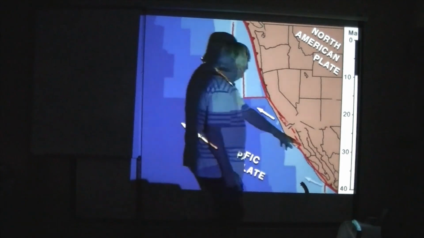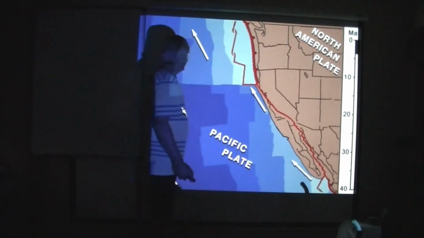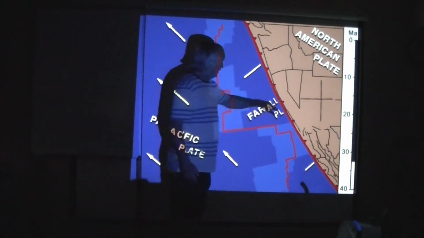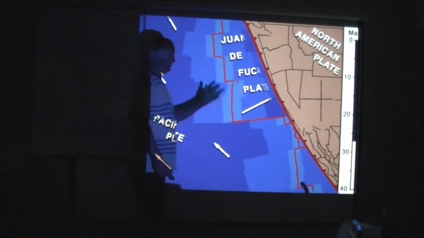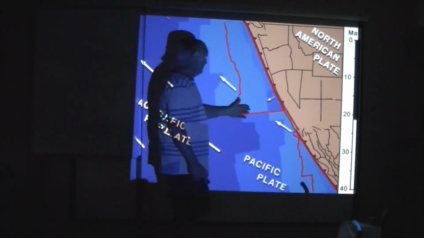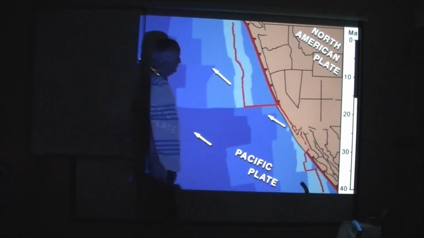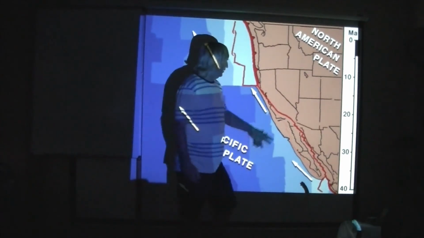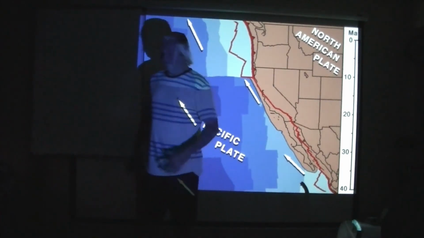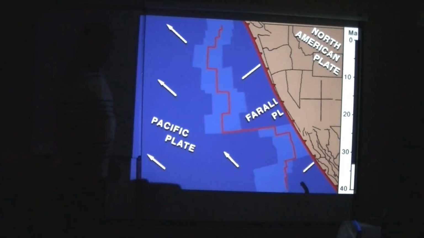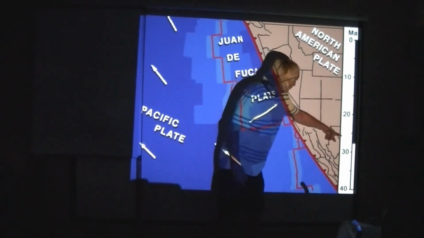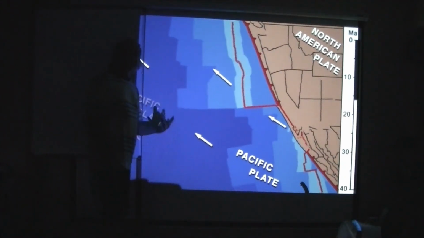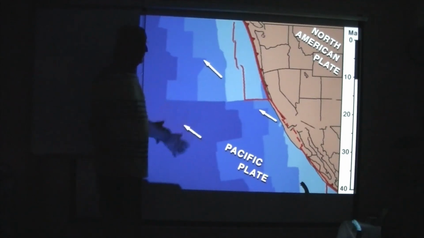This is a time starting 40 million years ago. So here we go. Spreading center, Farallon Plate subducts, melts, creates volcanoes, the Sierra Nevada mountains. And then, once the North American continent overrides this, the North American continent becomes stretched. I mean, look at what happens in Nevada and California. Look what happens in Arizona. They're stretched. So over the past 27 million years, since the San Andreas Fault made contact here, it has been stretching the North American continent, and it continues to do that today, forming this Horst